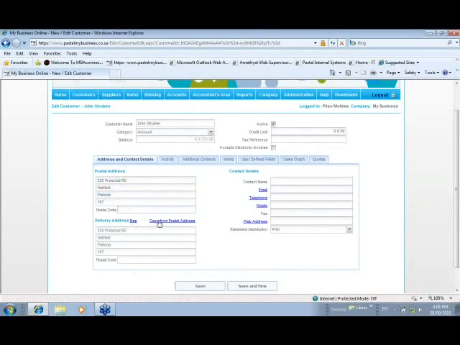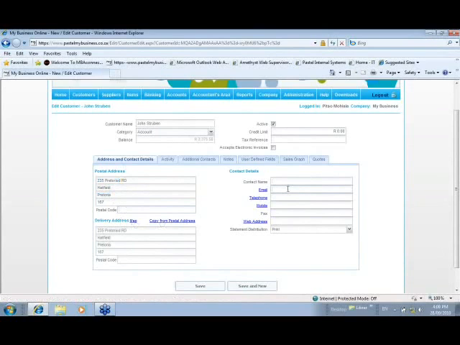If you look on the right hand side under contact details, I would give a contact name here for the person that I will be dealing with, because it may not necessarily be the same person as the customer's name, because your customer could be Macro, but the person you're dealing with is John Stribben. But for the sake of this example, the customer is John Stribben, and the contact name here would also be John Stribben. So I would enter the contact person's details in here, their name and surname preferably,